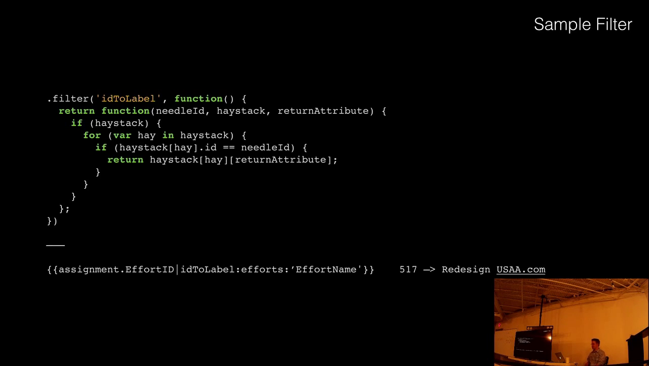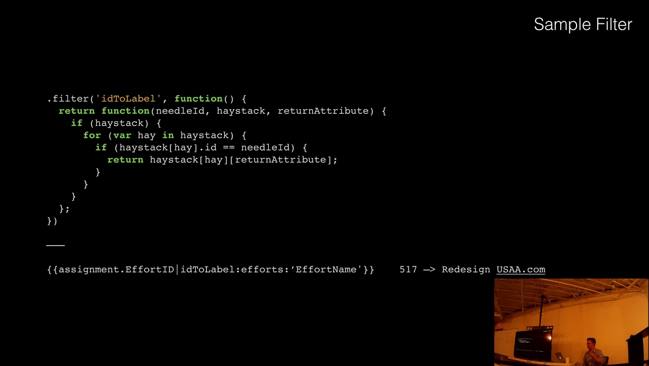One thing that I use a lot is this ID to label method, or filter rather. Basically you pass in an ID, you pass in whatever collection you want to get stuff from, and then you pass in the attribute that you want to get from it. I use it all over the place, and it's really powerful because whenever I sent JSON from the server, instead of everything being the actual value of what it is,